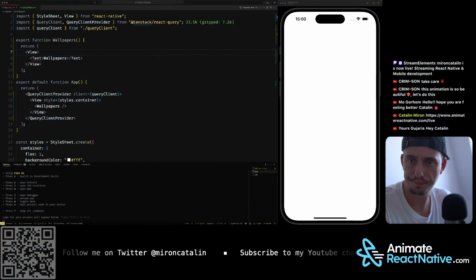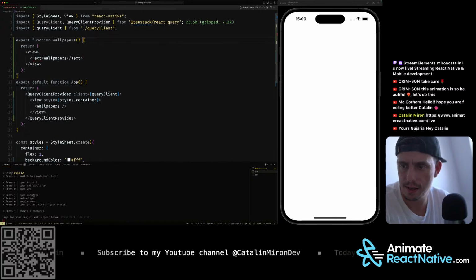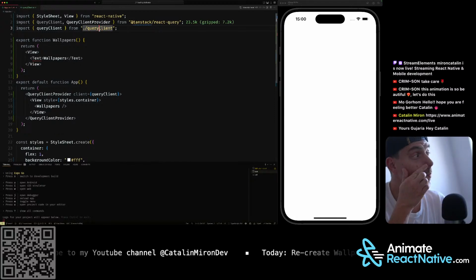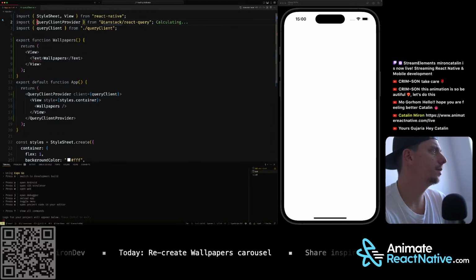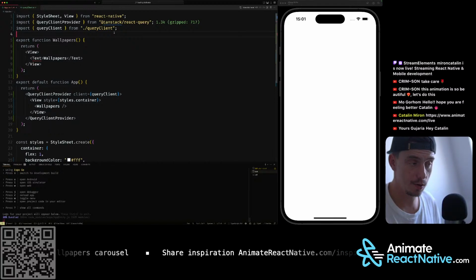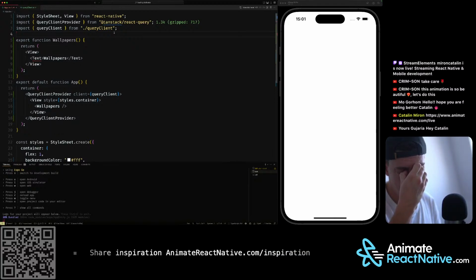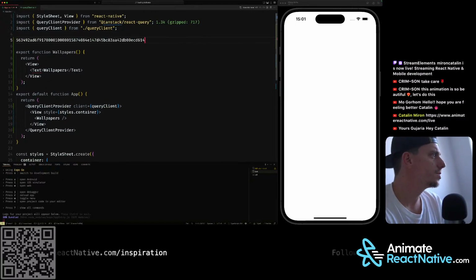I think I need to restart the server. Okay, I think we are okay. Let me go back. Alrighty. Let's see. So I've added the API key anyway, just because Pexels doesn't allow you to refetch or recreate another API key for some reason. I don't know exactly what's happening. So let me